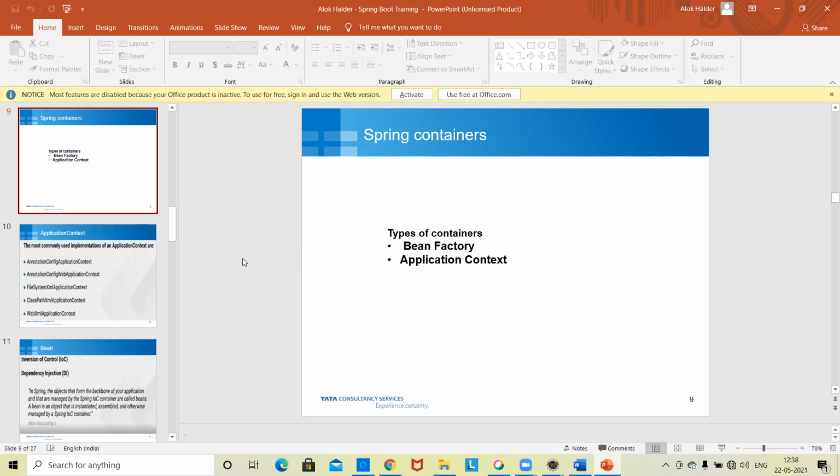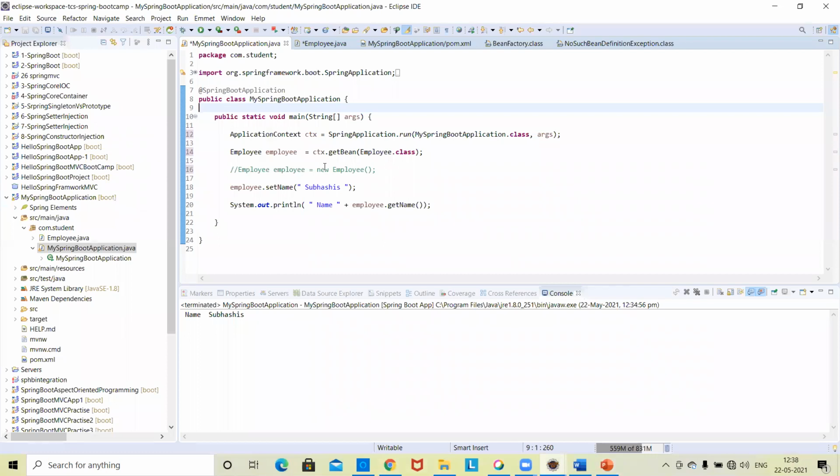Dependency injection is not clear still, sir. It will not be clear in your lifetime. You just watch the video multiple times, then you will get it. Dependency is very simple. Have you done a Java program? In a Java program, you do a simple employee object, new Employee. But here we are not doing that. Here the application context is creating the class on the fly. You are not creating the object by yourself. The container is creating the object, and actually it is connecting